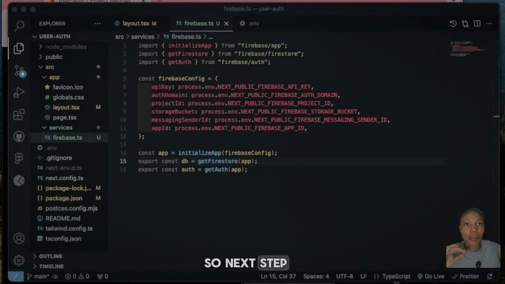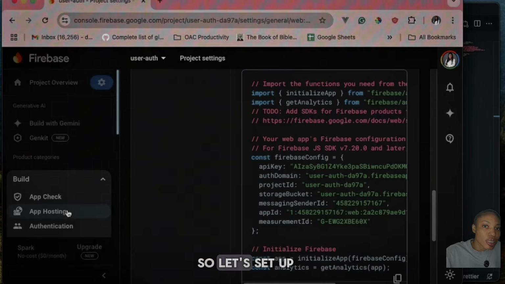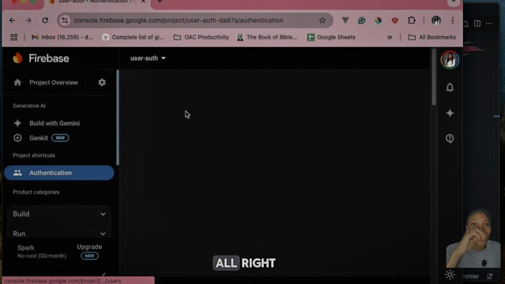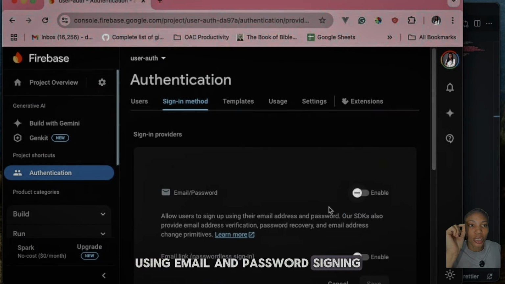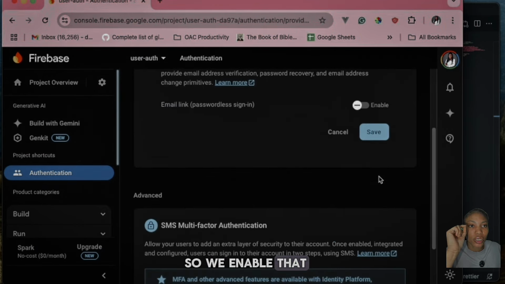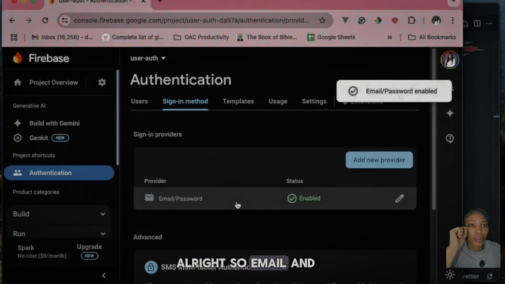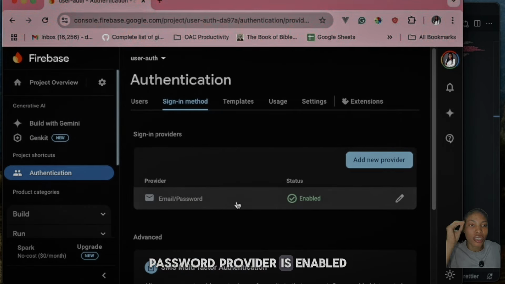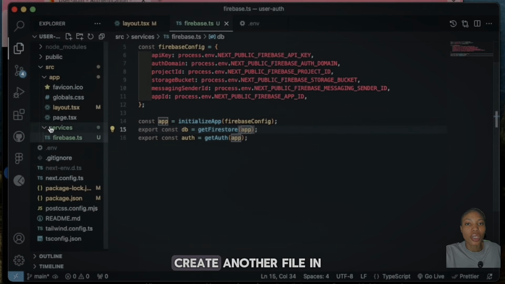So next step, let's set up our email password authentication on Firebase. So let's set up authentication here. All right, get started, and then you choose your sign-in method. For this video, we are using email and password sign-in, so we enable that. We're not using passwordless. Save. All right, so email and password provider is enabled, and let's go back to our code and create another file